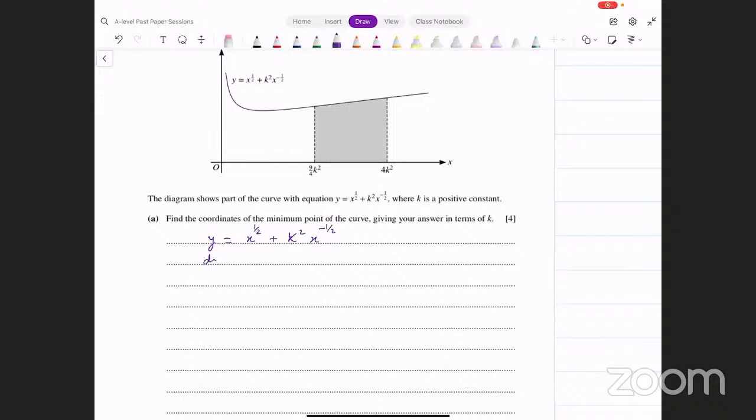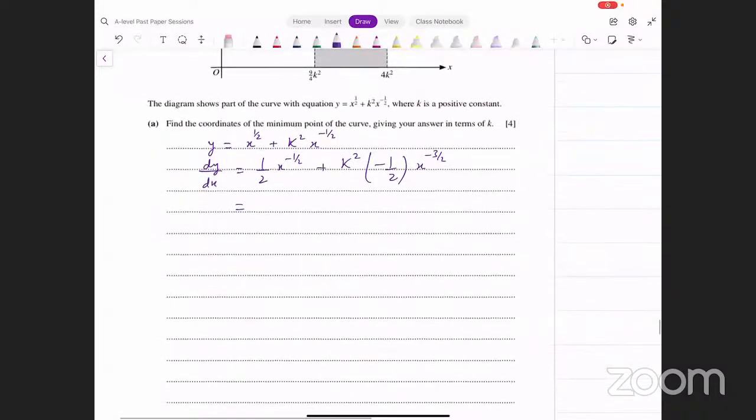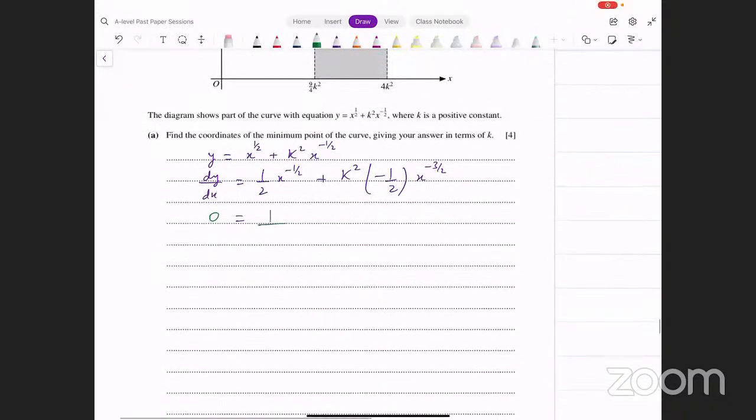इसको डिफरेंशिएट कर लें, dy over dx. What do we get? 1/2 मल्टीप्लाई हो गया, x की पावर में से 1 माइनस कर दिया, प्लस k स्क्वायर इज अ कांस्टेंट, तो वो वैसे ही रहेगा, मल्टीप्लाइड बाय द पावर 1/2 -1/2 से मल्टीप्लाई किया, डिक्रीज द पावर बाय 1, so -1/2 -1 दैट बिकम्स -3/2। अब क्या करना है, क्योंकि आपको मिनिमम पॉइंट चाहिए था, इसको 0 से इक्वेट कर देंगे, and that gives you 1/2 x raised to power 1/2 plus or minus k square over 2, उसको भी नीचे अगर ले जाए comes x raised to power 3/2।